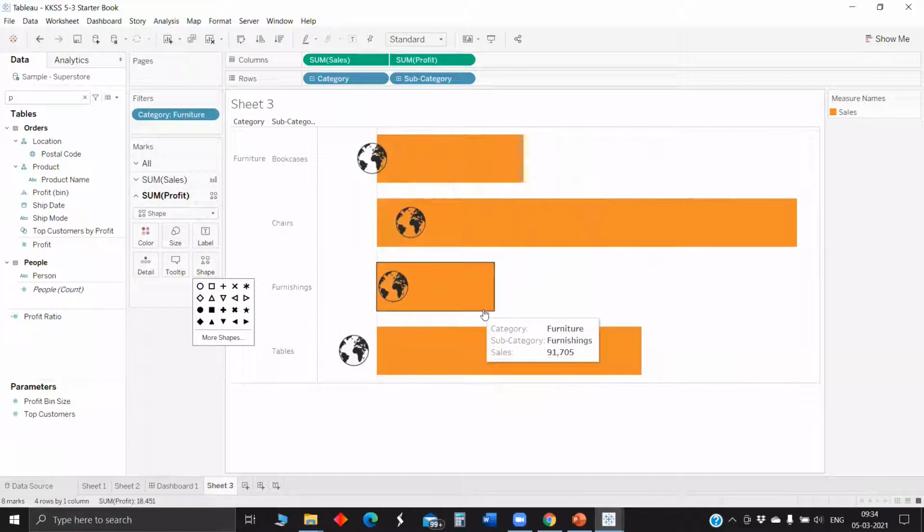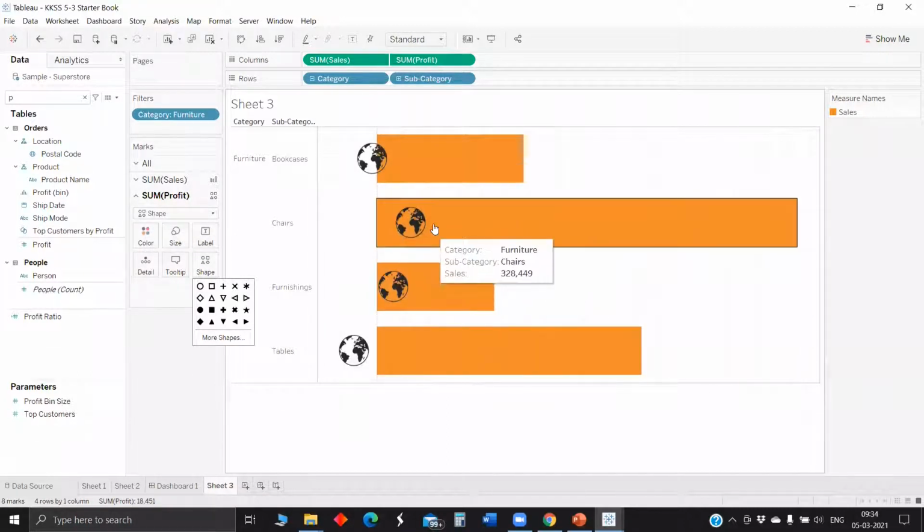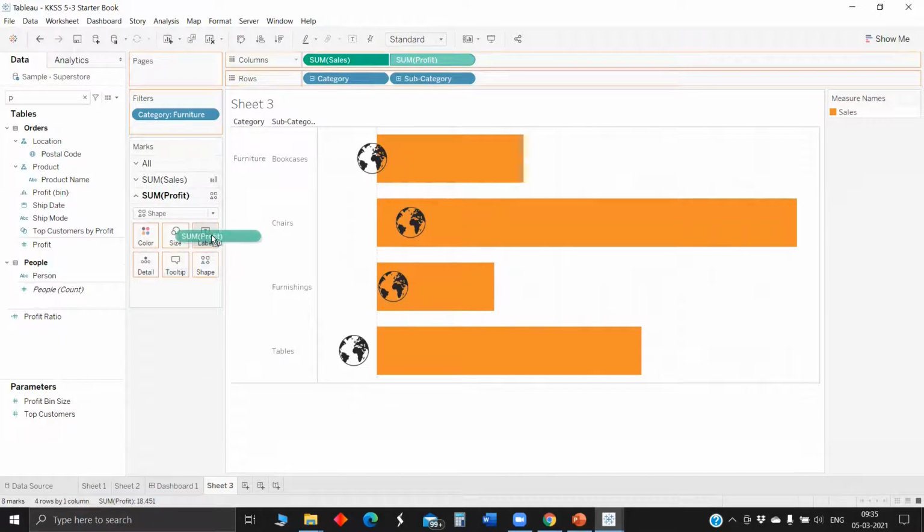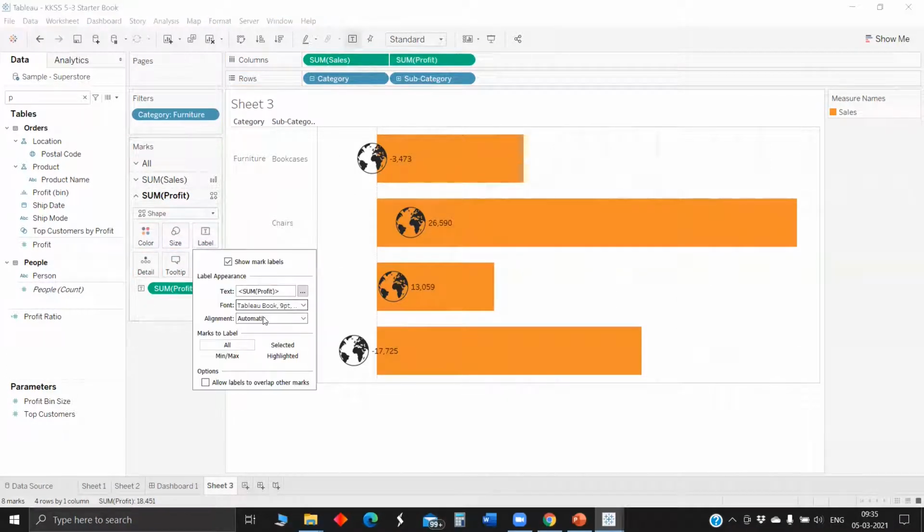Okay, so now you can see the white background went off and we have only the icon, and now it's the look and feel. If you compare the earlier one and this one, this is much better, I would say. And if you want to drop the values and show them, you can just drop them in text, and you can do some formatting where you would like to have them on top.